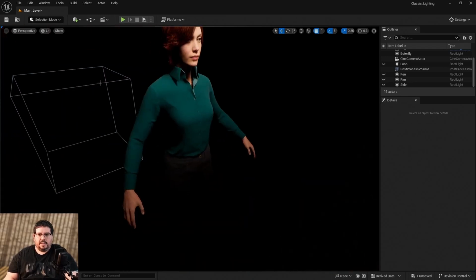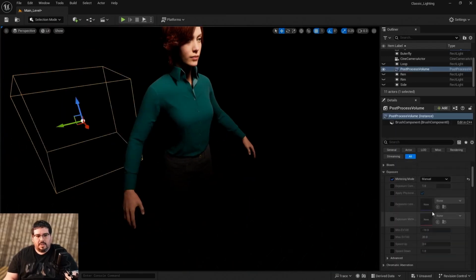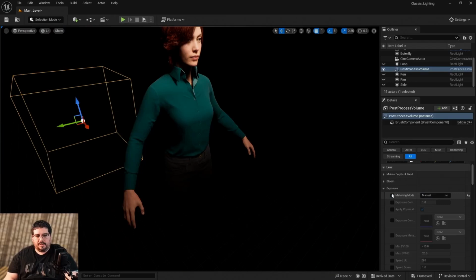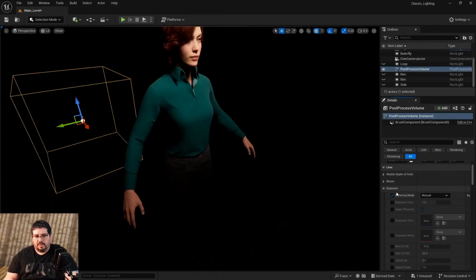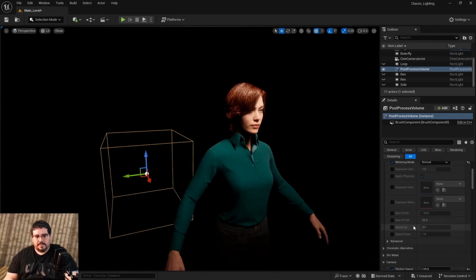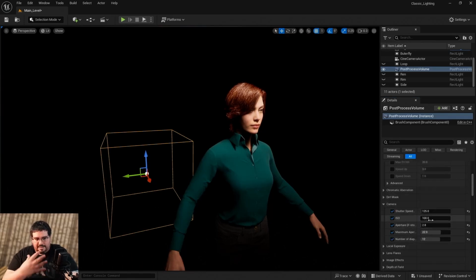We have our post-processing volume, and we're controlling it all in manual. If we were to turn this off, it will be massively overexposed. So manually this for now. And again, I'm doing these settings for my camera, okay? So next,